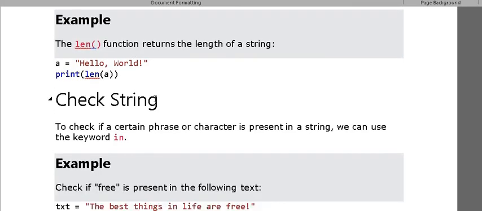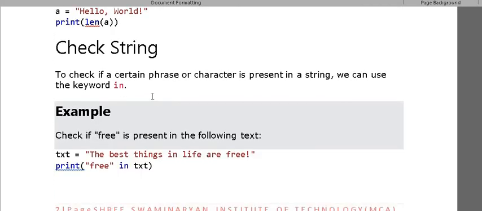Next, to check whether certain phrases or characters are available in a string, for that we use the in keyword. Suppose I am giving one string, Sri Swaminarayan Institute of Technology, that is my string value.